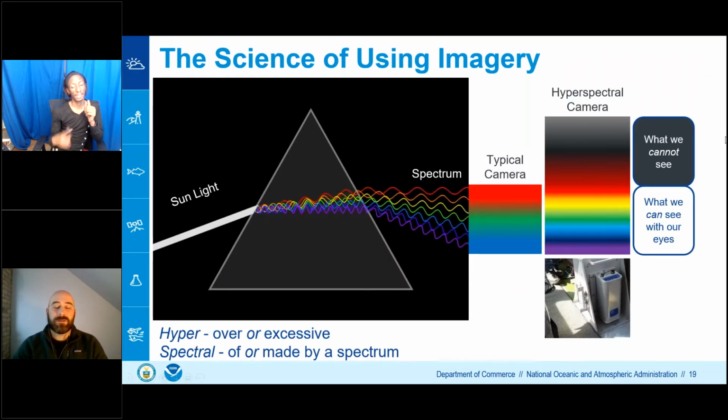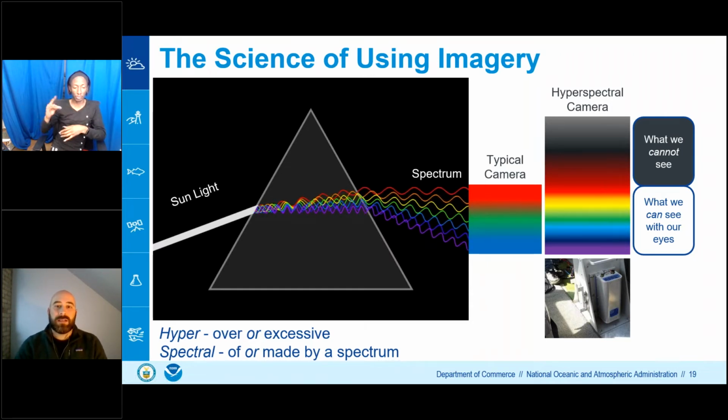I've been using satellite imagery, aerial imagery, and even imagery collected from drones to get a better understanding of what is happening on the Earth's surface. What's really cool is we always say that an image can capture 1,000 words, right? When you look at the science behind what makes up an image, it all has to do with light. Maybe in school you've used glass prisms like this to take sunlight and make a rainbow. That's what's really cool about light, is that you can start to take out little pieces of it